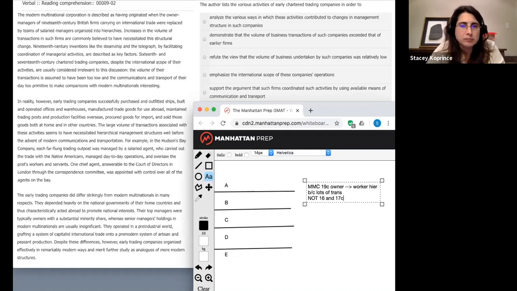I'm going to go back up here, and I love, by the way, that I can do this in 19th century. Seemed to have been too low, and okay, whatever. Oh, wait. In reality, however, okay. They're going to go again. Okay, so not usually. I missed the little foreshadowing there. Okay. In reality, however, but